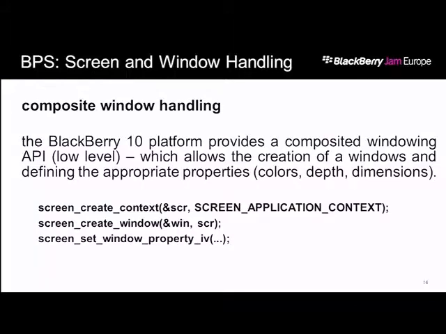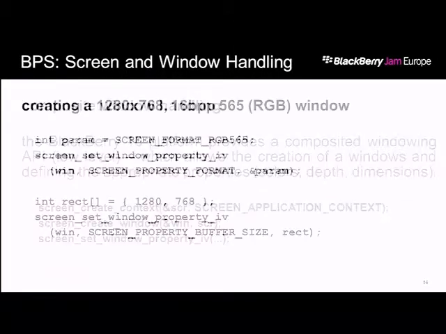So it's a good tip if you're doing porting. For example, I have a game on the iPad with a resolution of 1024 by 768, and it runs perfectly on all the BlackBerry 10 devices. The user doesn't feel anything, as long as the aspect ratio stays relatively the same.